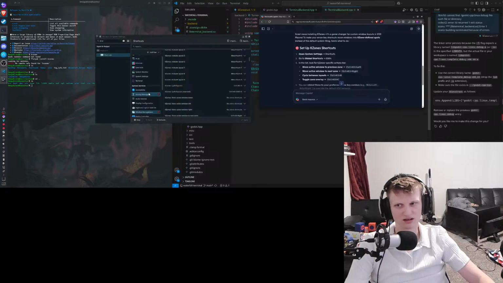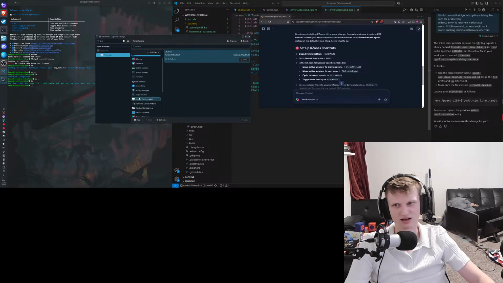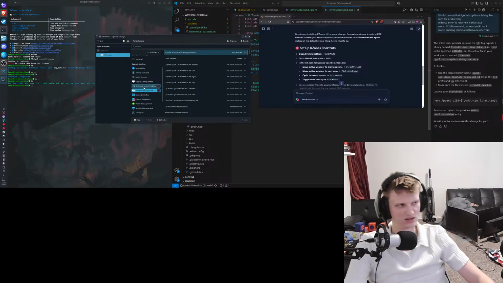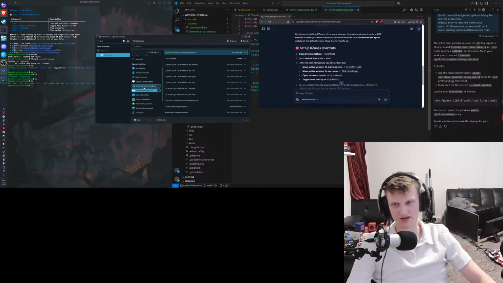Interesting. I think we found K-calc. What's K-calc? I don't know what that is. Switch display, activity manager. I do like this. This is like a really good menu for, I don't know, like say like